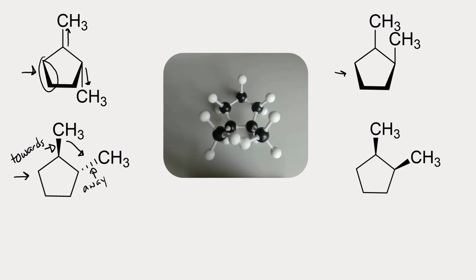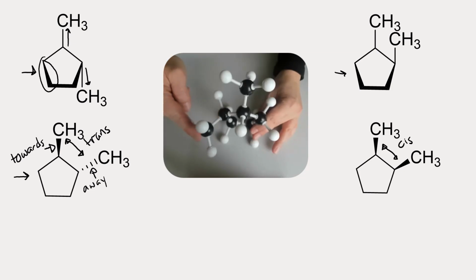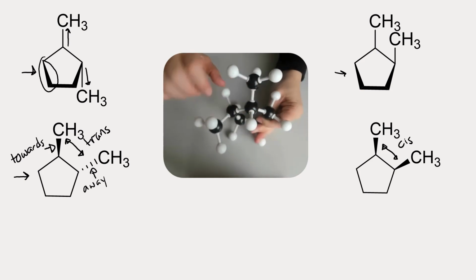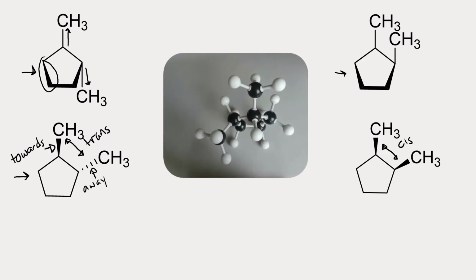When you have one of each, that represents the trans formation, whereas when we have two of the same, that shows us the cis formation. So in our cyclic structure, we have a substituent that is going below the ring and a substituent that is going above the ring. Therefore, they are across from each other, as shown both in the model and in the static drawings. This is going to give us trans,